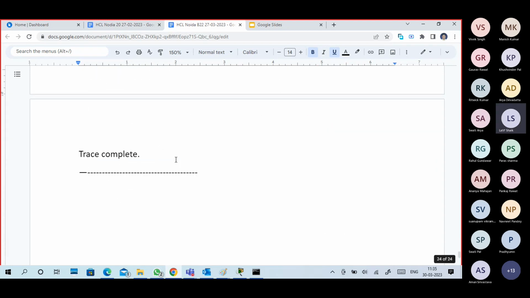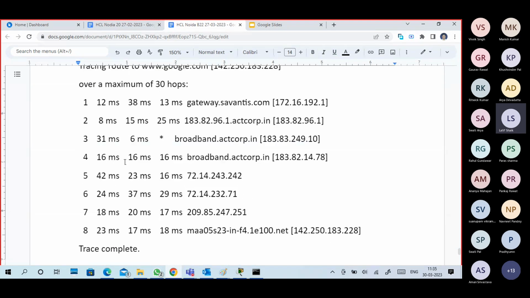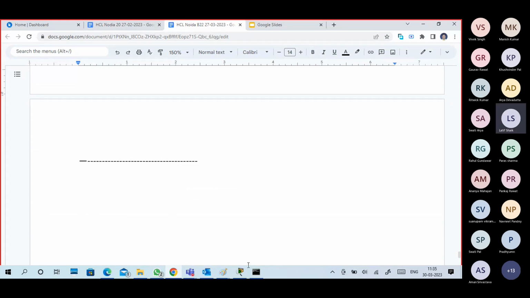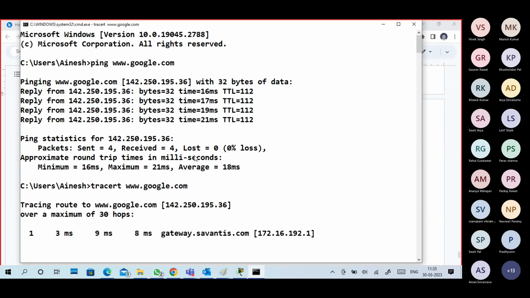Okay, www.google.com. Now I will run a Tracert to www.google.com. So here it is. First of all, I got an IP address of www.google.com, and first from my laptop to